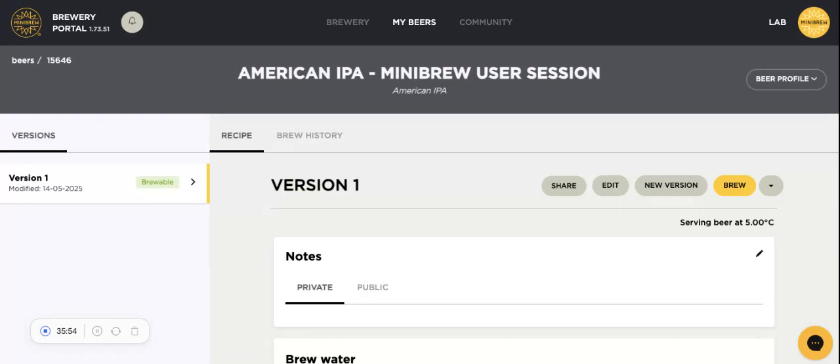If the beer would not be brewable, this tag would not show up, and it would instead give you a message of what you have to change to actually make sure you have a recipe that is brewable for the MiniBrew. If you ever have questions about what kind of recipe you want to make and you're not sure, you can always plan in a session with the MiniBrew Help Center and agents to make sure that you have a